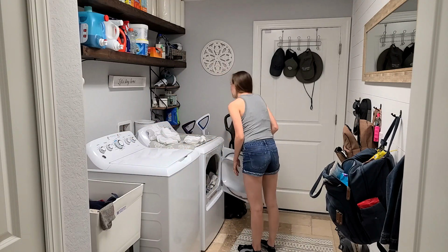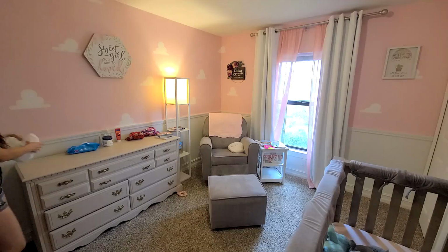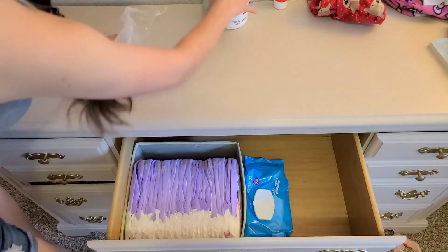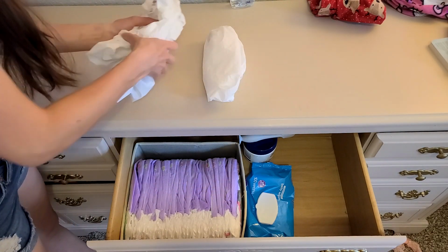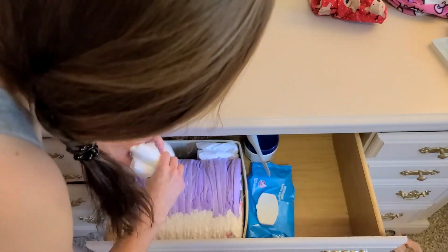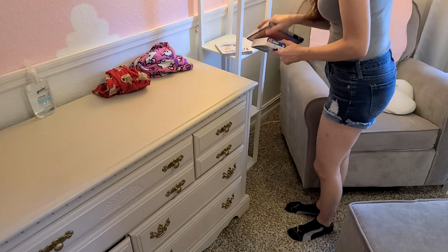So today you do not see Cecilia running around with me too much because she actually went on her first outing without me, and it was probably the hardest thing I've ever done. She went with her grandparents to a little mini zoo around us, and she had so much fun. So I actually took a little bit of advantage of it and decided to tidy up her room,